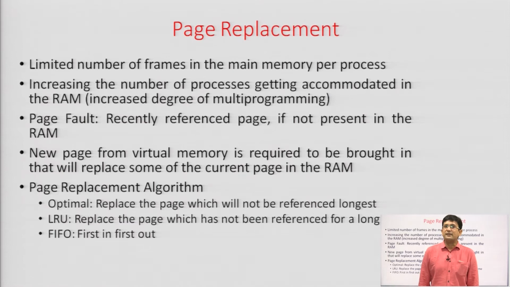Hence, this is called page replacement. We have seen several page replacement algorithms in the last lecture. We have seen the optimal scheme, the first in first out scheme, and the LRU scheme. The first in first out scheme says that whenever a page is coming for the RAM frames, and all the frames allocated to the process are busy, then the oldest page is sent back and a new page is brought in. So, this is the first in first out page replacement algorithm.